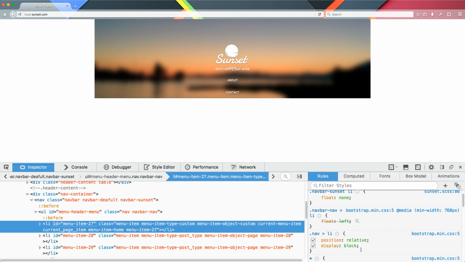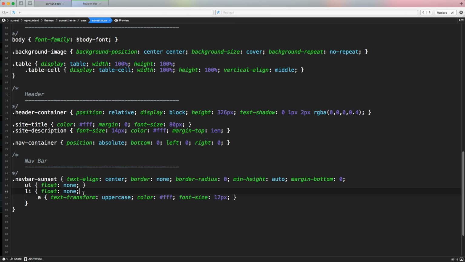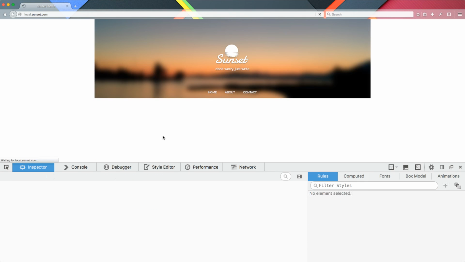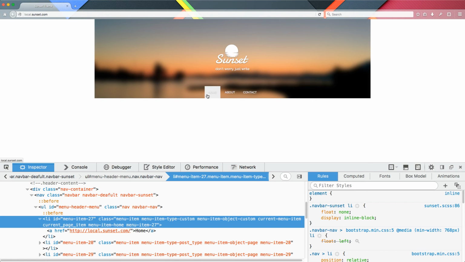What we could do is change display block to display inline-block and force these settings to be center aligned and span only the actual width of the container. So let's go here, and inside our li element, put display inline-block. Save it, refresh, and now we have our menu center aligned, and it doesn't matter how many elements we have